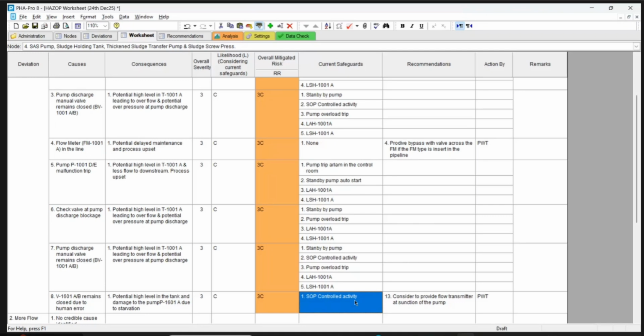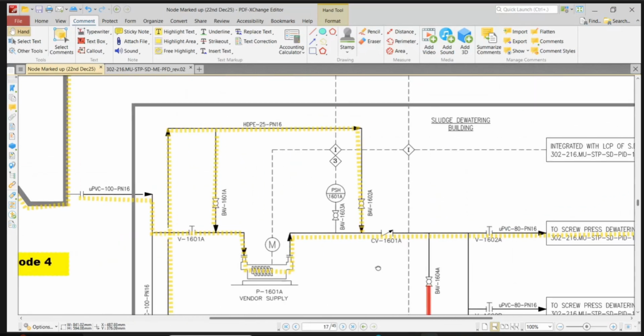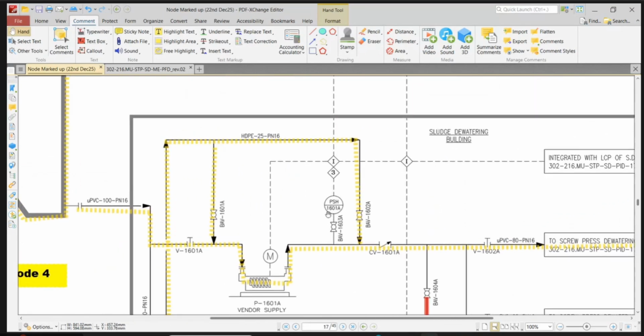Ahmed, for us, it is irrelevant whether you are going to put FAL, FT or switch. I don't have any problem. You put anything, but my operators should come to know that there is something wrong. So I am going to provide a flow transmitter or switch at the suction of the pump. No, discharge. Even discharge is also okay. Discharge, you already have PSH. So if no flow is there,